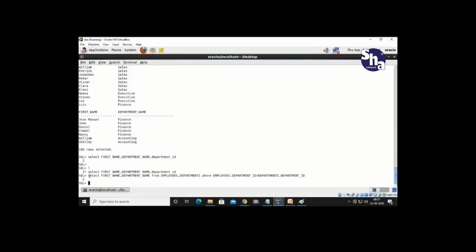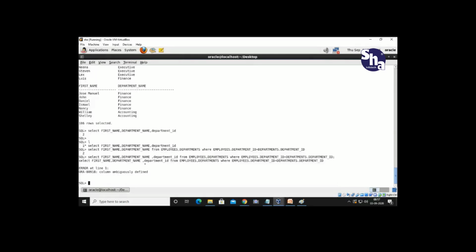I want to put one extra column here, and that too department ID. From, all are the same, only the display, maybe one column I have put less. That's okay. So syntactically this should be okay. Let's see the problem